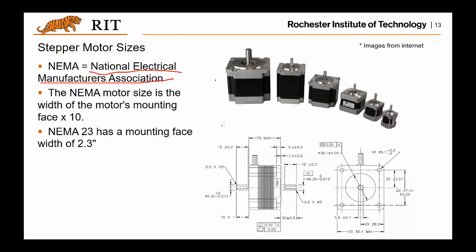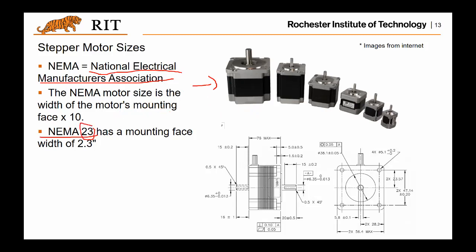Here is shown a family of motors with all different sizes, and you can tell the size by looking at its name. NEMA are the initials of the four words here, and this number